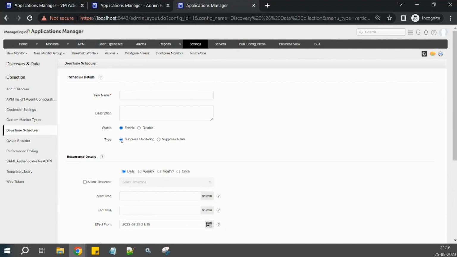So during this scheduled maintenance between these 2 hours, when you use this option, suppress monitoring, in that particular time period these two VMs will not get monitored. So no data will get collected as well. In that time period, if you generate the report, it will just show that it is in scheduled maintenance. In some scenarios, between these 2 hours of downtime, a team is doing a certain activity